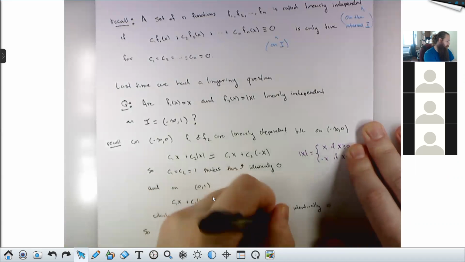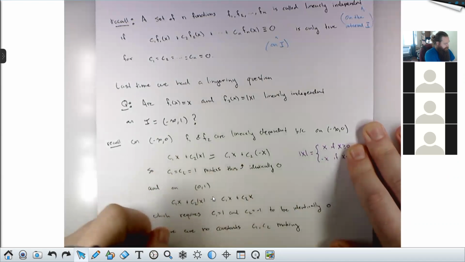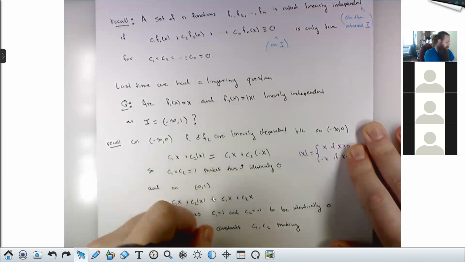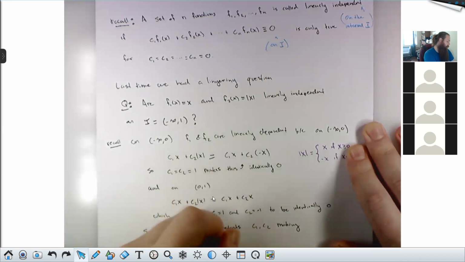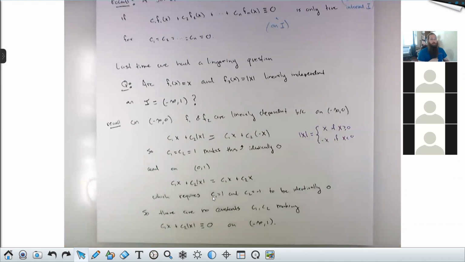C1, C2, making C1x plus C2 absolute value x identically 0 on negative infinity to 1. So yeah, the answer is that they're linearly independent over any interval that contains both positive and negative reals. That's the idea. And I think if you understand this example, then you understand the definition of linear independence for